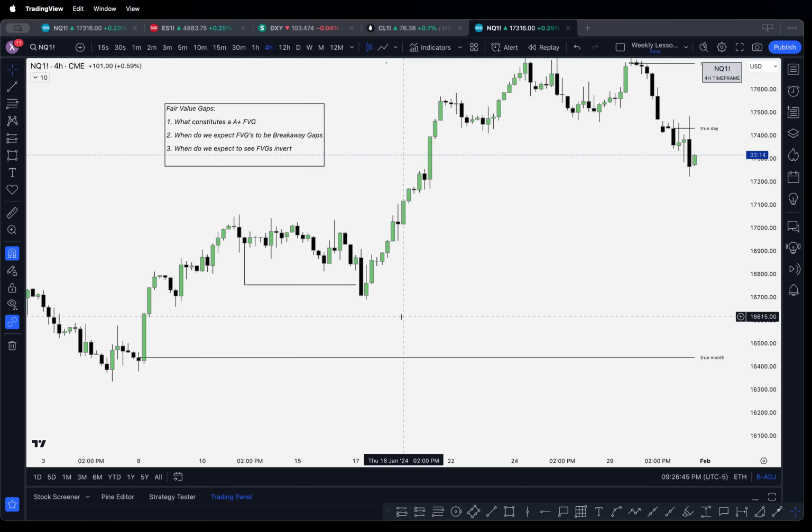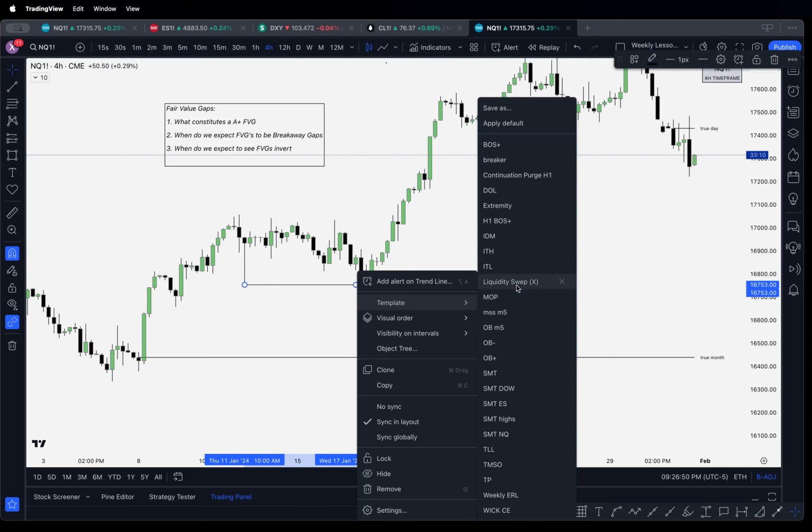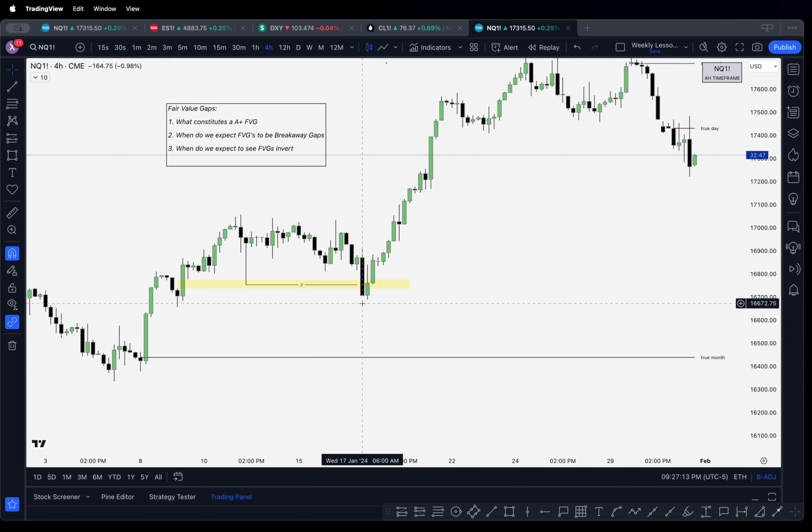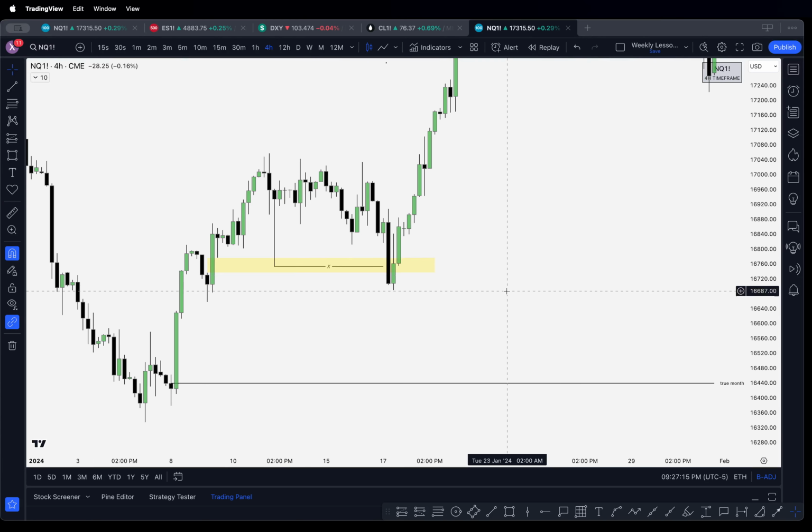So you see how liquidity's been taken below this low? Okay. So this liquidity sweep here is also engaging what? Fair value gap. You see how this fair value gap quote unquote fails, meaning we close through it? The reason why this fair value gap quote unquote fails, which is a common question, like, okay, obviously the narrative is still higher, but this fair value gap fails simply because this fair value gap has now